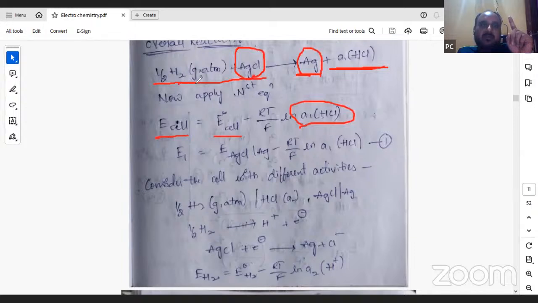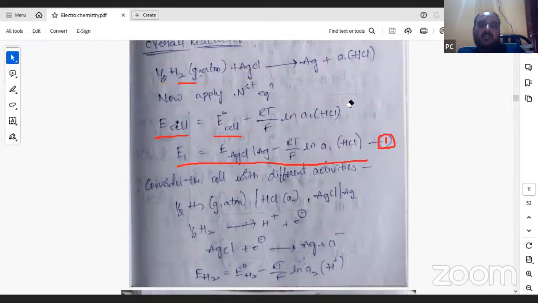Then H2 is a gas, and for gases the pressure is 1. The remaining terms all become 1 except the activity of HCl. That's why we get only the activity of HCl. That is, E1 is equal to E naught cell minus RT by F ln A1 of HCl. That is equation number 1. This is the equation we already derived in chemical cells without transference. Similarly, what we have written as equation 1,